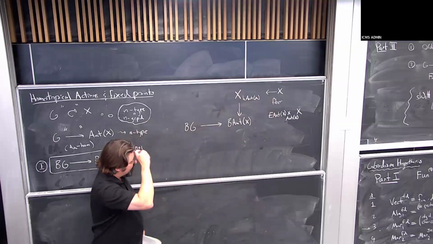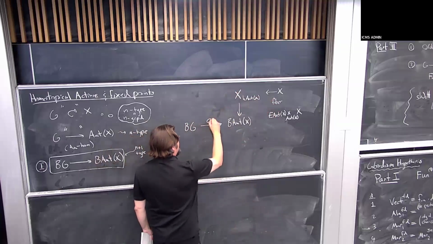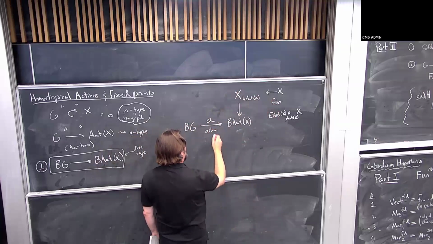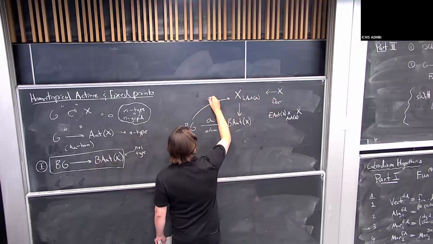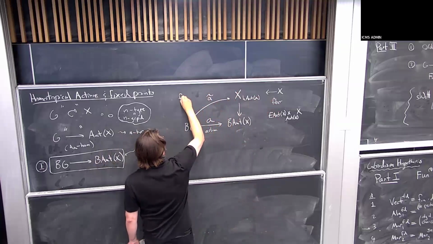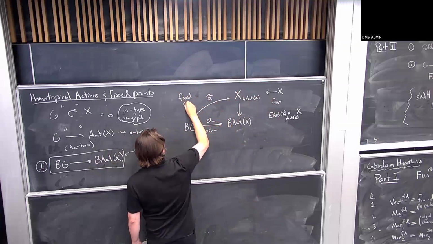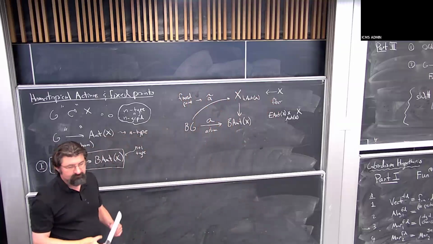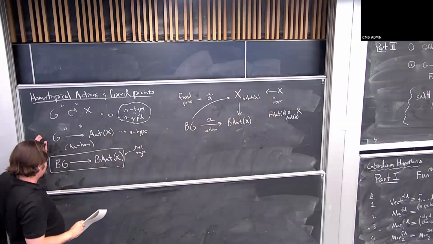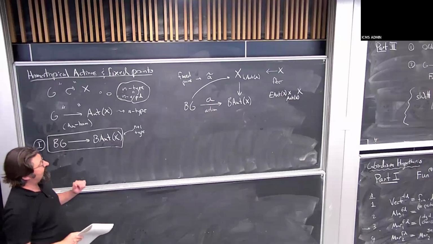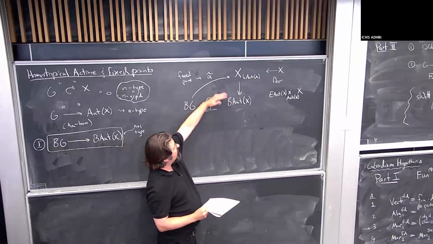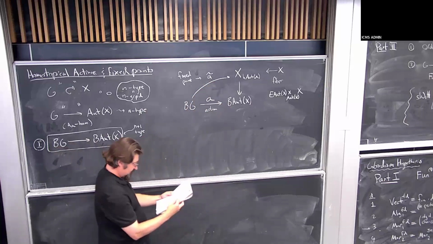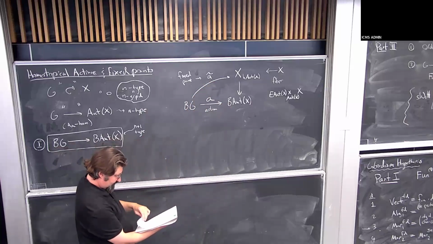So a fixed point, this is our action right here, map. So a fixed point for the action is then a lift. So we want to understand a map. And then given the map, we want to understand a lift. And I lift it. How can we understand that? Well,